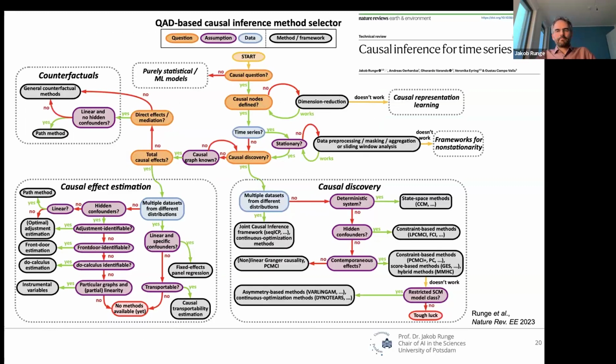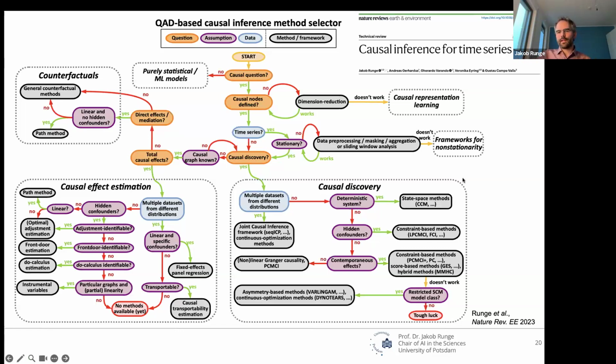Jacob, sorry, quick interruption. Yeah. There's a quick question. Can you also say something about the dimension of the system in this graphical scheme? The dimension of the system. I don't get the question. I guess maybe the question is about how large of a system you're trying to model, or if there are any restrictions on the size. That's my interpretation. So this is not about any particular model, system, or Earth. This is just about trying to find the right method for the right scientific question. But maybe at the end I can get back to this better. Thanks.